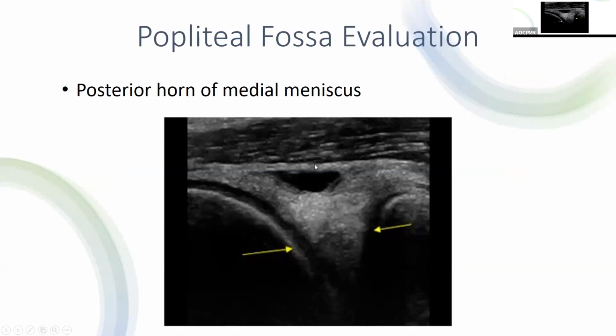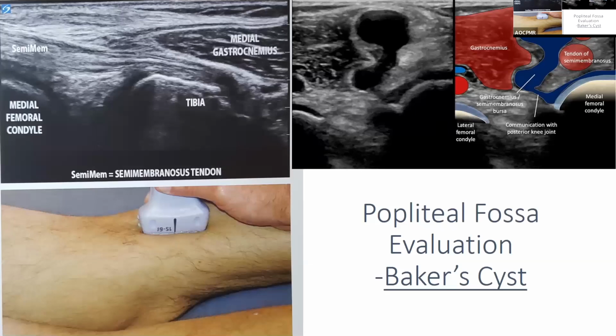Everybody wants to know about Baker cysts. What is the definition of a Baker cyst? It is not just some cyst on the back of your knee. It actually has a specific definition. And if you guys are going for PM&R, you will probably be pimped on this at some point. So that's one of the criteria. So what you need to have for a true Baker's cyst. A Baker's cyst is actually a continuation or a hypertrophy of the bursa that goes between